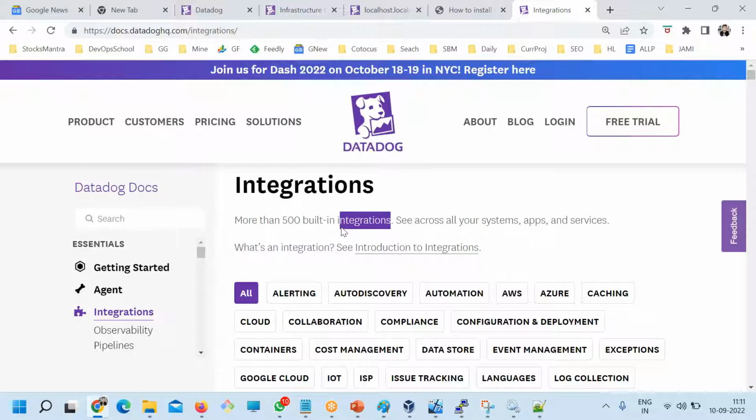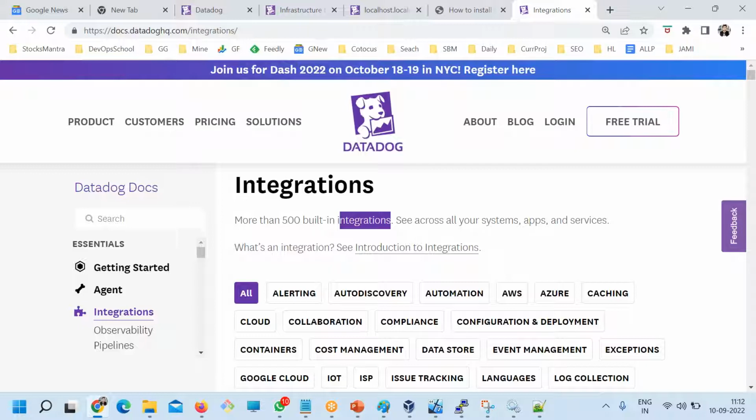So Datadog cannot provide every configuration enabled in the agent. Why can't they provide it? Because maybe someone wants Apache, but other people don't want Apache. Other people want Nginx. So if you enable everything by default, then CPU and RAM will be consumed, right? And unnecessarily it will fill the data also. And by the way, Datadog is a paid service. Okay, we are using the trial one for 15 days. So integrations, those which you need, enable.